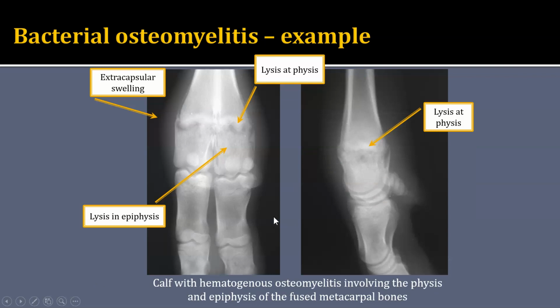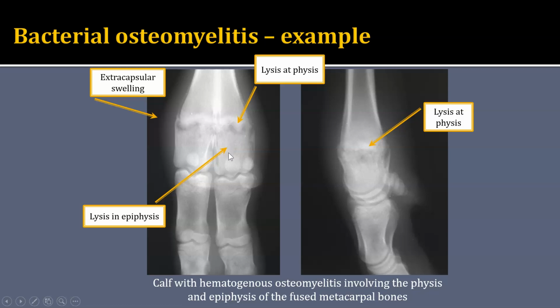Here is a calf that had hematogenous osteomyelitis that was involving the physis of the fused third and fourth metacarpal bone. So this is our fused third and fourth metacarpal bone. If we look at the physis, it's quite a bit of widening and lucency. We wouldn't want to confuse this with physeal dysplasia, which we learned about affecting the young horse, not the calf,